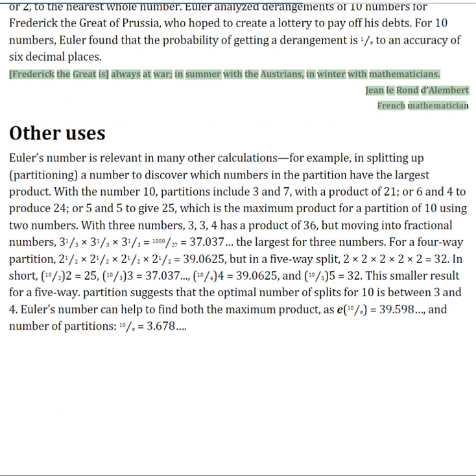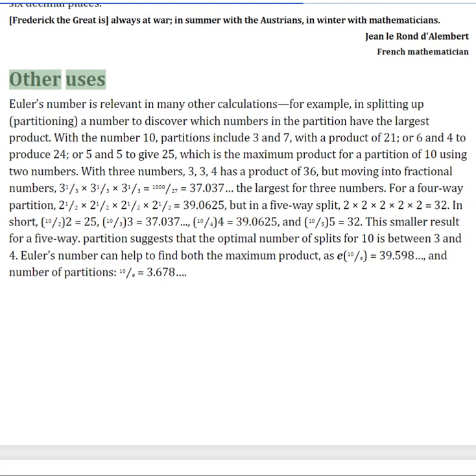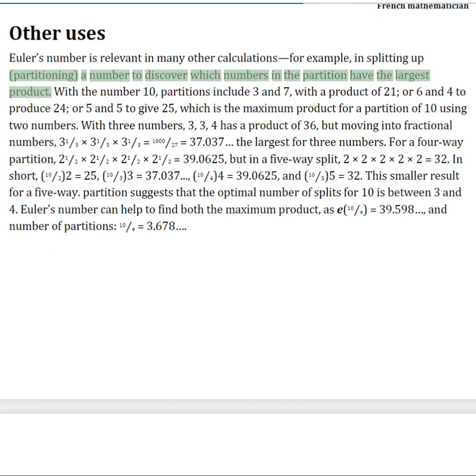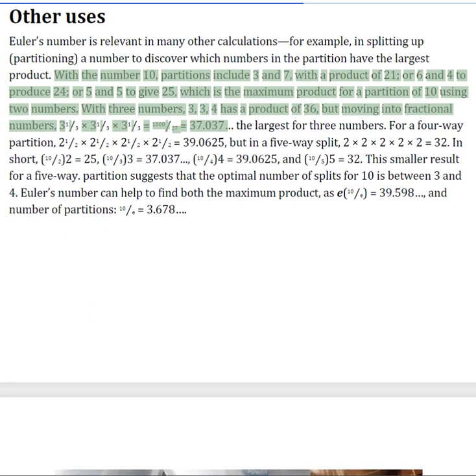Other uses. Euler's number is relevant in many other calculations, for example, in splitting up a number to discover which numbers in the partition have the largest product. With the number 10, partitions include 3 and 7, with a product of 21, or 6 and 4 to produce 24, or 5 and 5 to give 25, which is the maximum product for a partition of 10 using 2 numbers. With 3 numbers, 3, 3, 4 has a product of 36, but moving into fractional numbers,